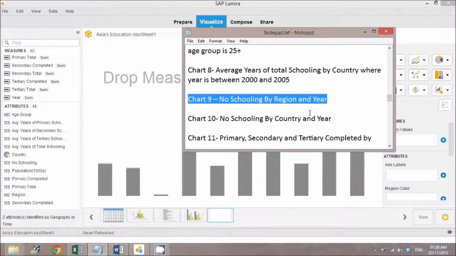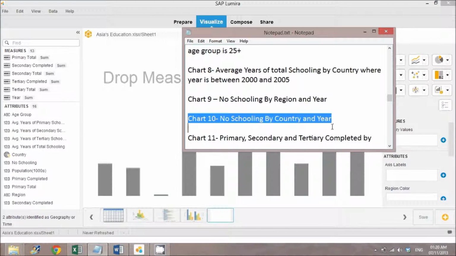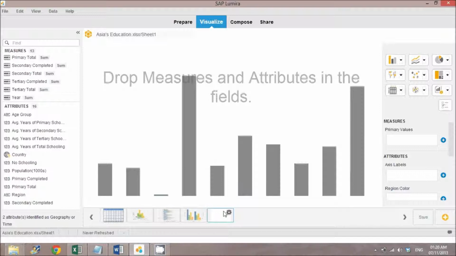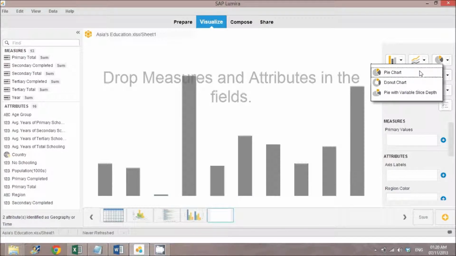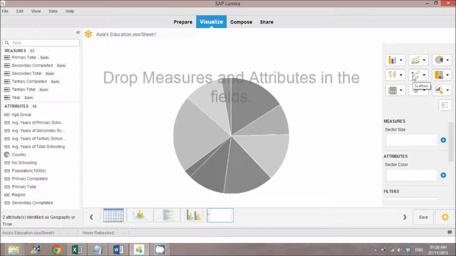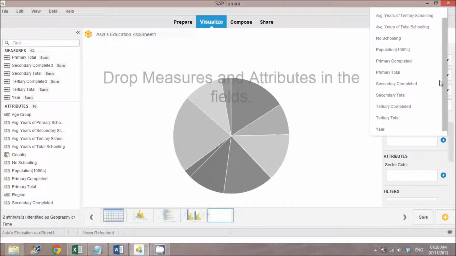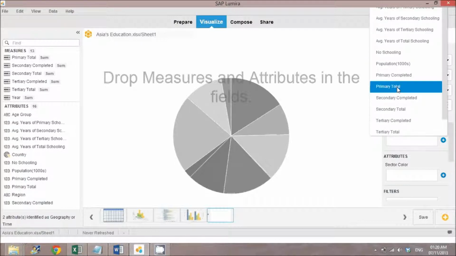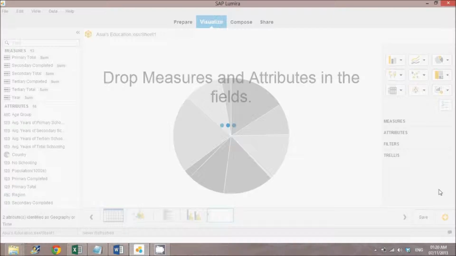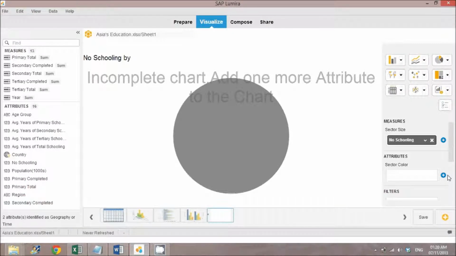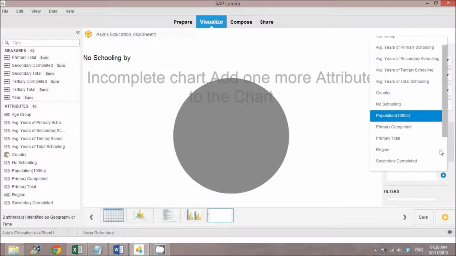No schooling by region and year, no schooling by country and year. Let's do it with region, with the help of pie chart, where the sector size is represented by no schooling and the sector color by the region.